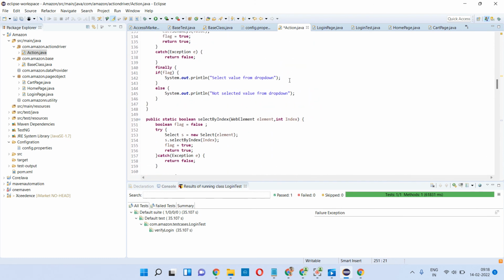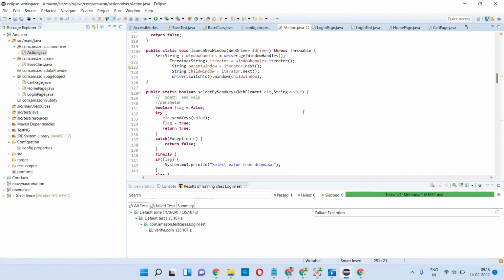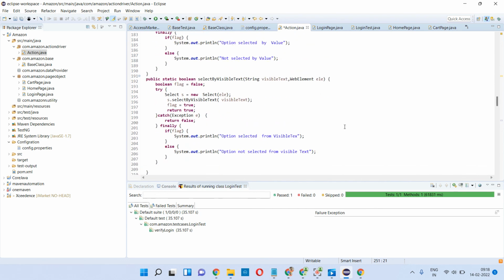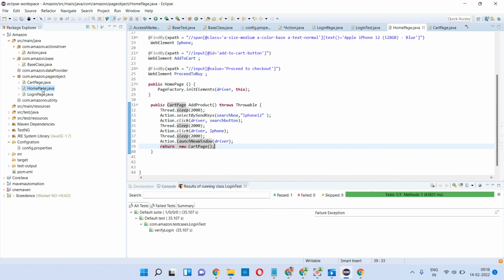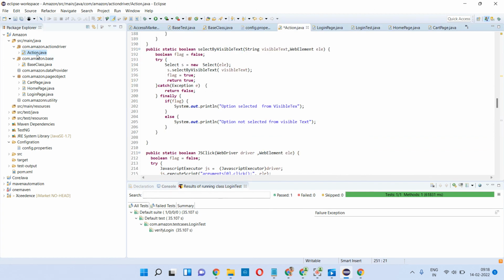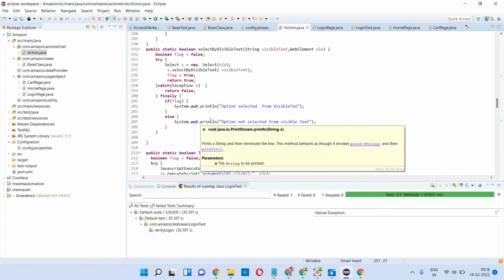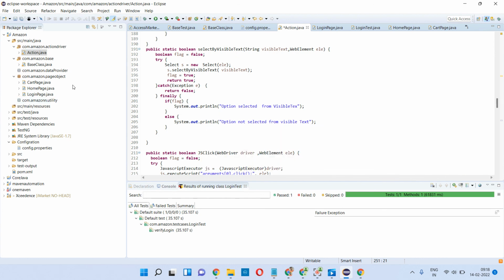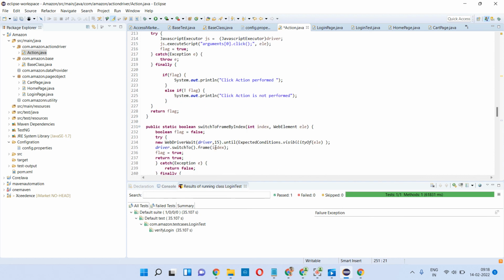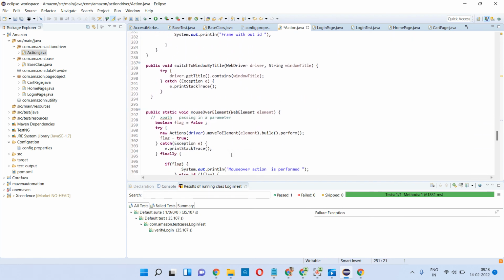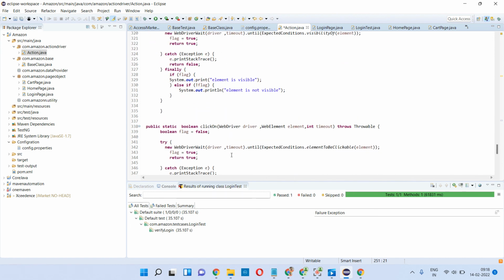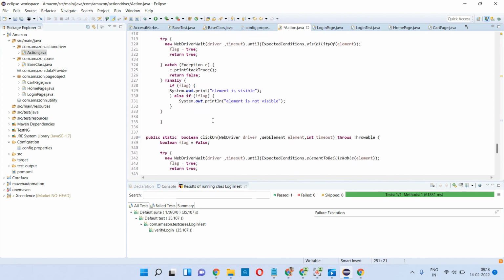Like that, end to end I have written the action class so that it would be useful for everyone, from my framework point of view. Switch to frame, switch to default content, title, visibility of the element, all these methods I have added.